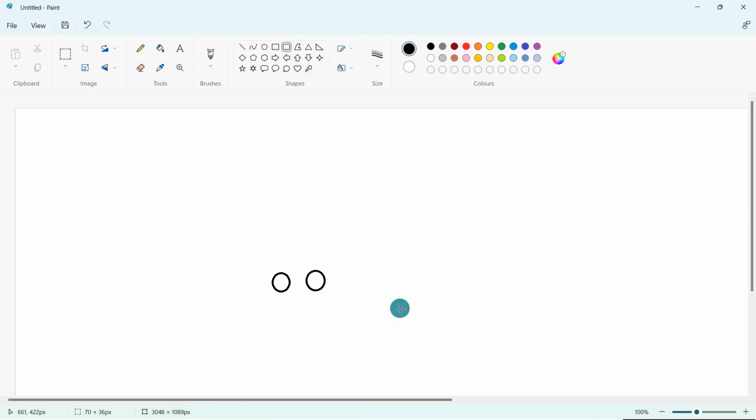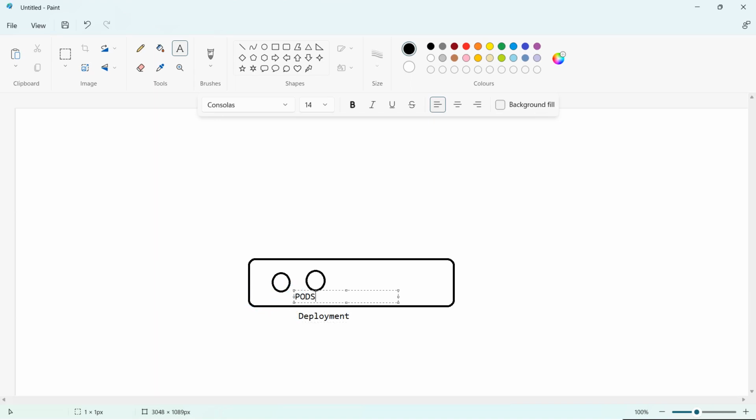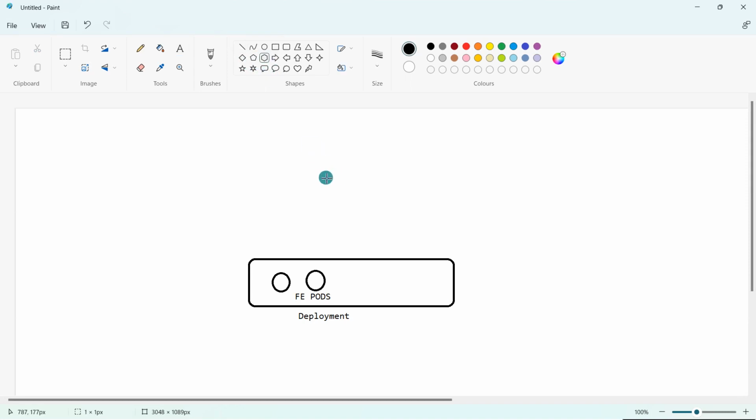So I'll directly say this is the deployment, and the deployment internally will create a replica set, and these are pods, let's say front end pods. And on top of this, let's say I have created a service. Let's say this is my node port service,